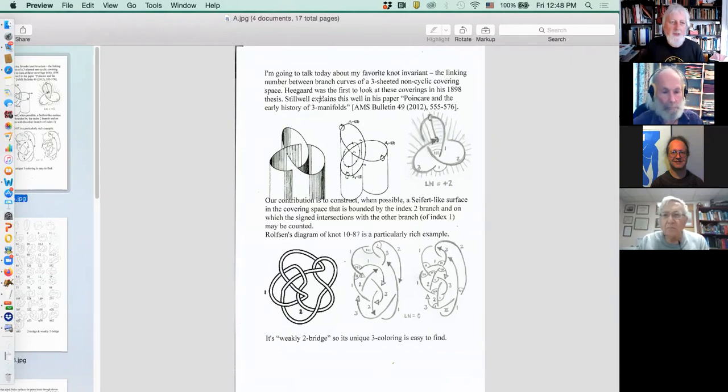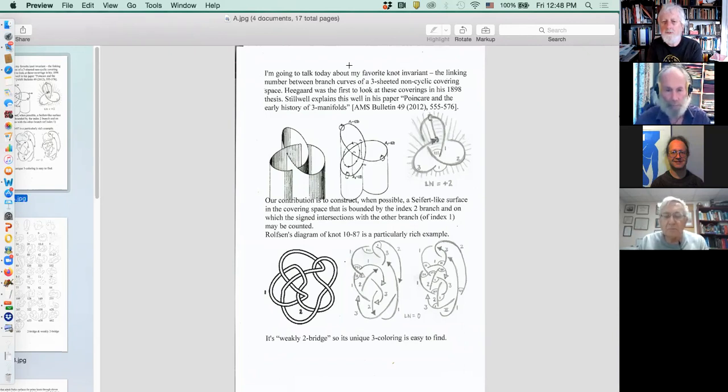But I do think, though, that you would need to perhaps go in a bit more on what a 2-fold covering, branch covering really is. I mean, you'd have to explain that first, or an n-fold. Yeah, I don't know how to explain it other than by that top picture in the middle, which is the way Browner explained Haggard's thesis. But Haggard,